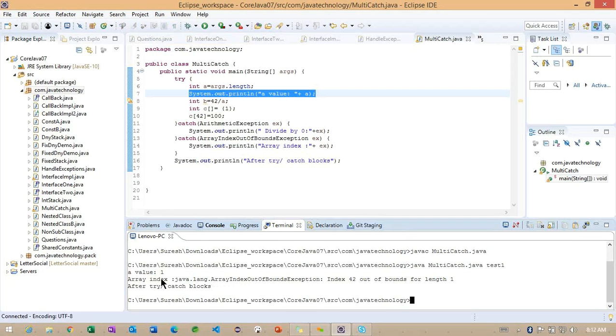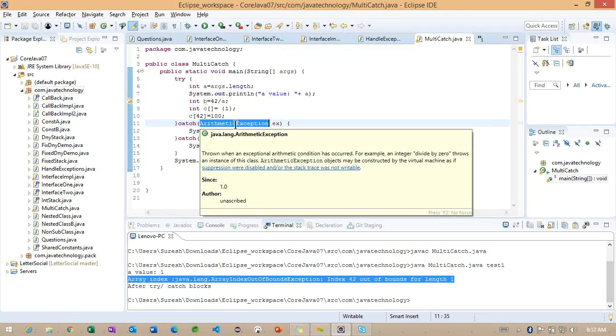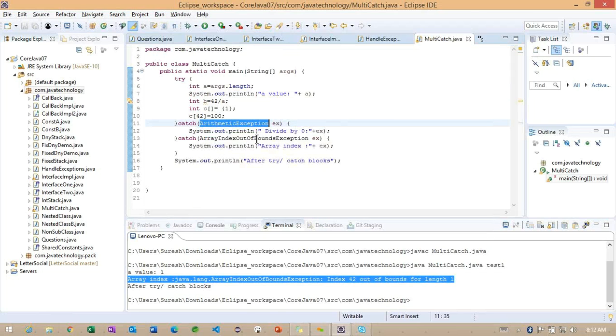If you observe, array index out of bound exception. Initially we got the arithmetic exception, and for this example we are getting the second exception, that is called array index out of bound exception. So this is the way we can handle multiple catch blocks, and we'll focus more on this example in tomorrow's class.